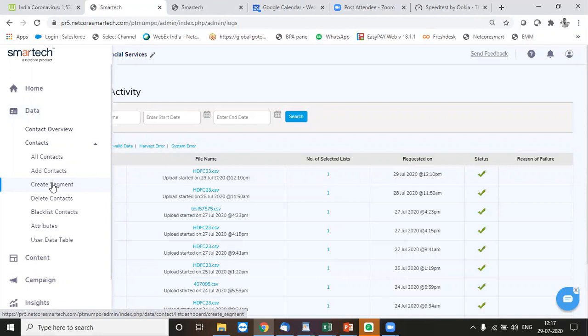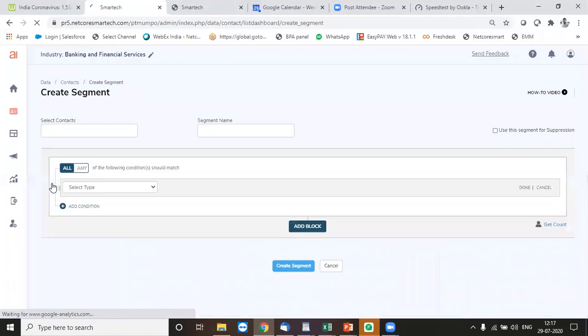So here, if I want to create a segment, consider a case where I have uploaded multiple lists into my platform, and I want to extract those customers for whom I have sent a campaign at least once in the last 2 months, and they have opened it. Also, apart from this, I want to add a condition that people who belong to, let's say, a particular city, let's say Mumbai, and people who belong to an age group of 20 to 30 years, if I want to include those as well, I can use that.